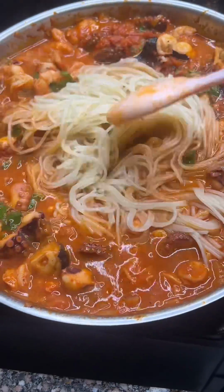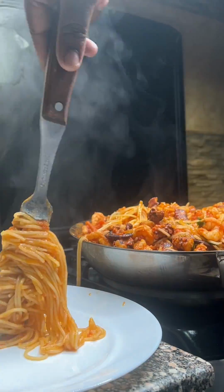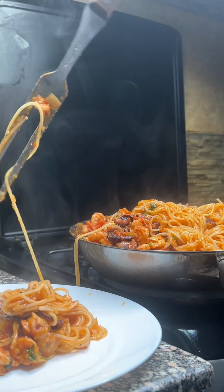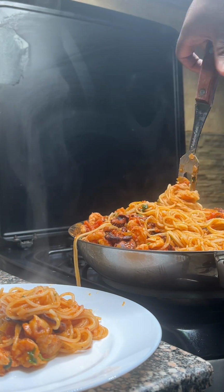At this point, I'm salivating. I'm telling you, this meal is really, really tamu. I can always go for this. And this is how you make